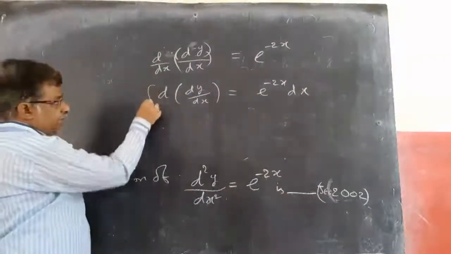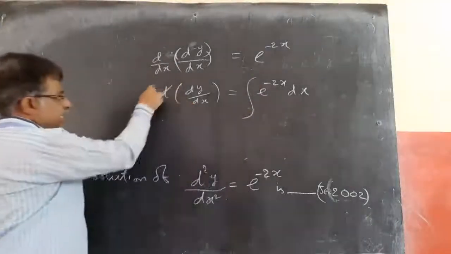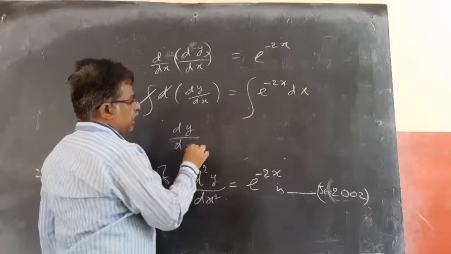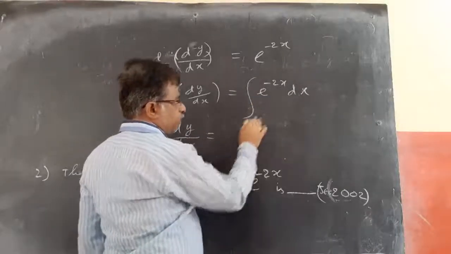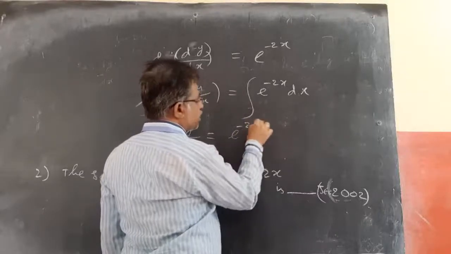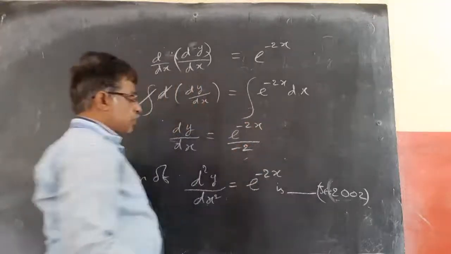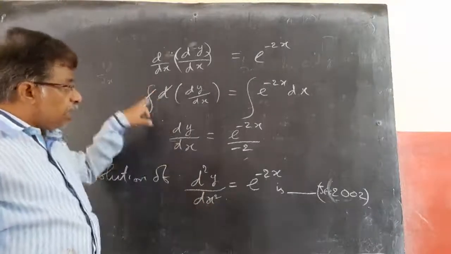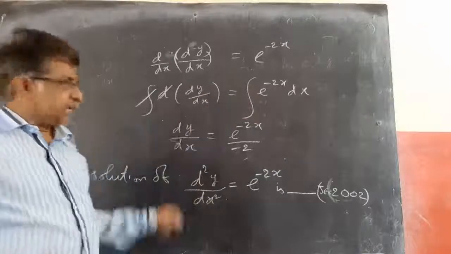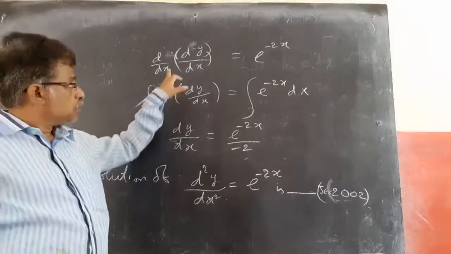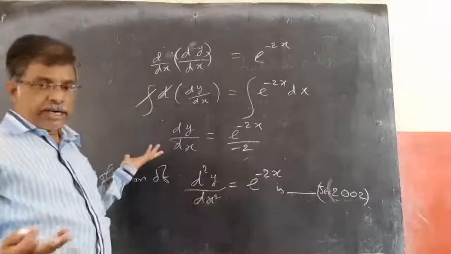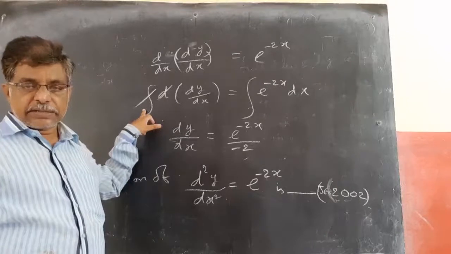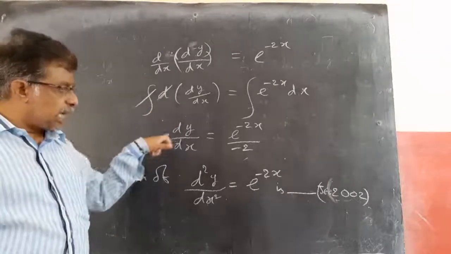Now applying integration, anti-derivative and derivative, integration cancels. Left out here is dy/dx = integral of e^(-2x) dx, which is nothing but e^(-2x)/(-2). Observe, we have only first degree but it is giving second degree, which is applicable with the concept of integration. Integration concept is anti-derivative. So if you bring that dx to that side, it is variable separable. Now this is anti-derivative. So d and d, anti-derivative, differential, integration, we discussed it like this only. So that concept is touching.